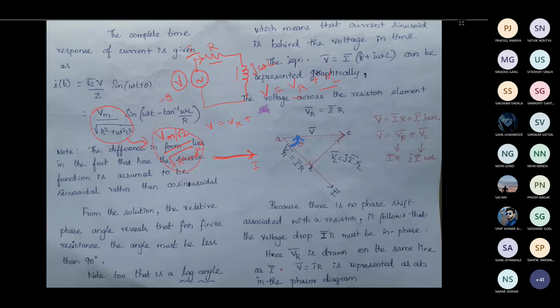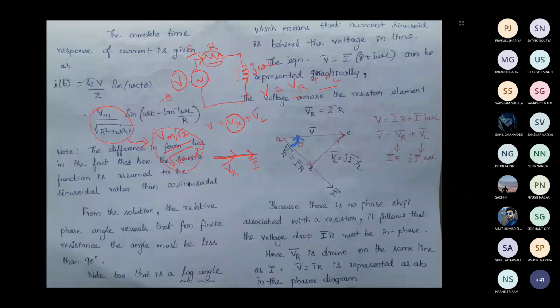Okay. So now the voltage across the resistor will be in phase with the current, because we have already seen that the voltage and current through a resistive circuit both will be in phase. So VR can be written, in phasor value, as in phase with the current. That's what we have drawn.